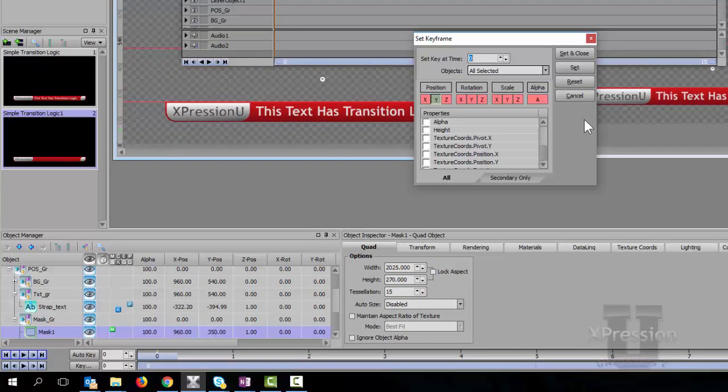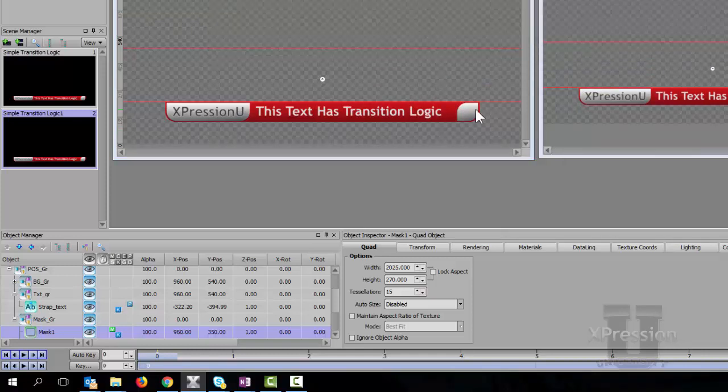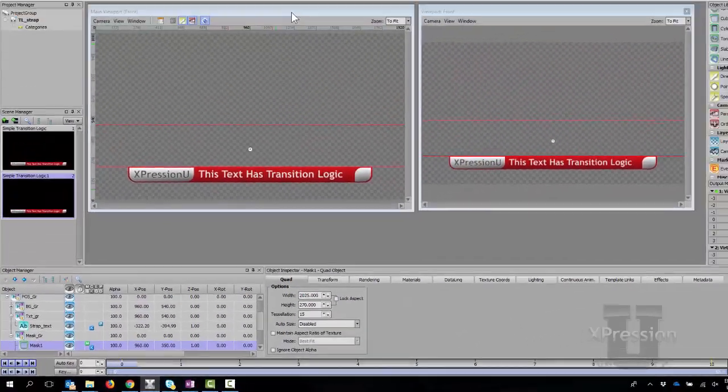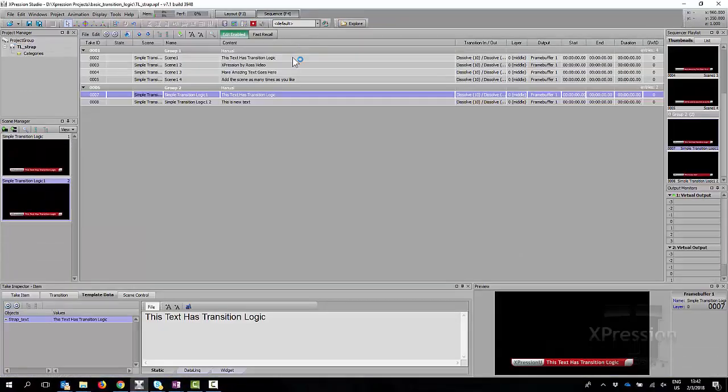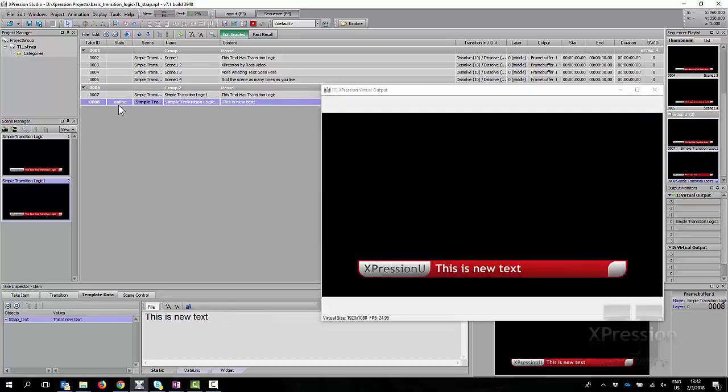I'm just sticking a keyframe on it. What that says to Expression is that that object should be redrawn now because it has an animation on it, even though we don't actually move it anywhere. And that just tricks Expression into redrawing that mask for you. And now you have perfect transition logic.